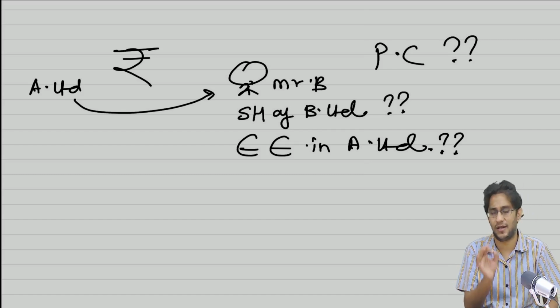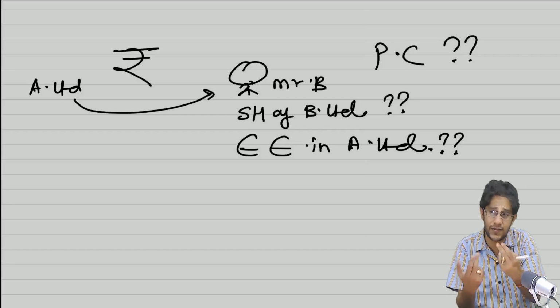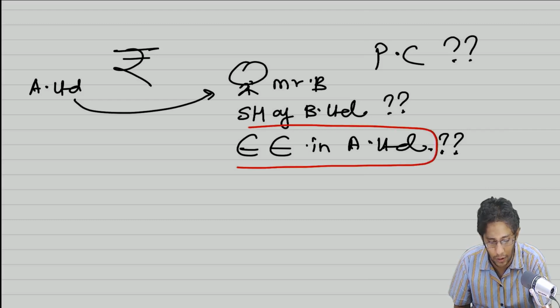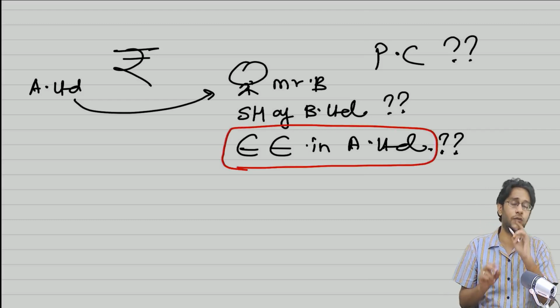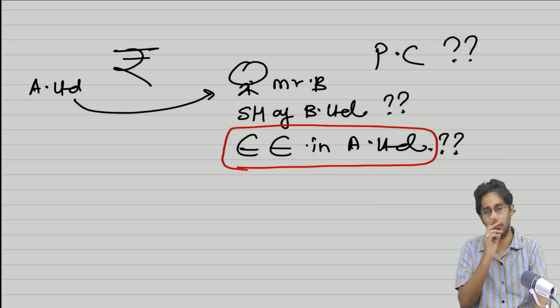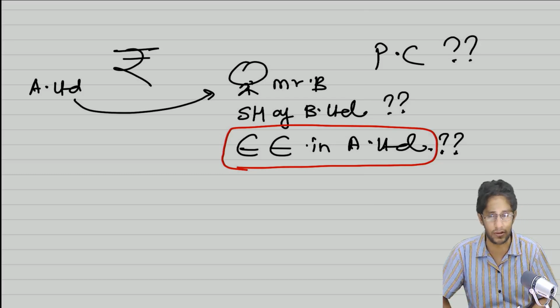If any consideration is offered to Mr. B, and that will be terminated if he leaves the employment, that means you are paying that to him in the capacity of employee. That amount of consideration cannot be included as a part of your PC. So don't include that amount. On this also applications are there when you do the big questions under business combination.